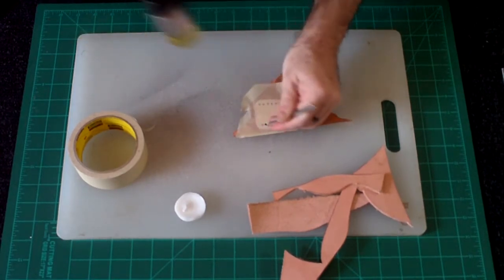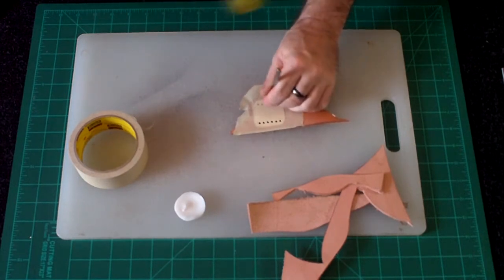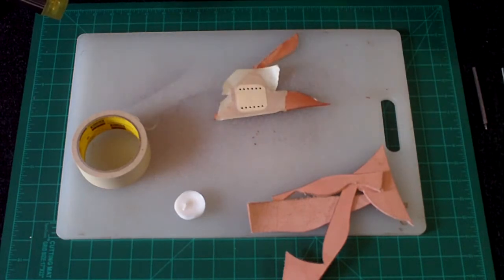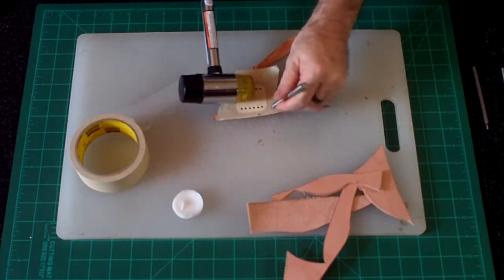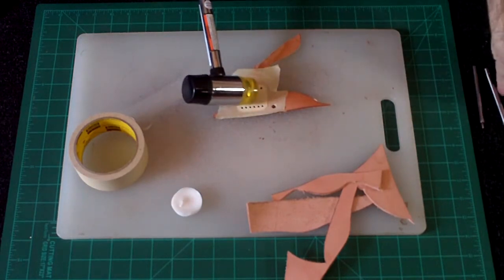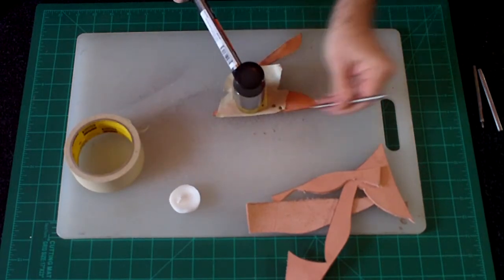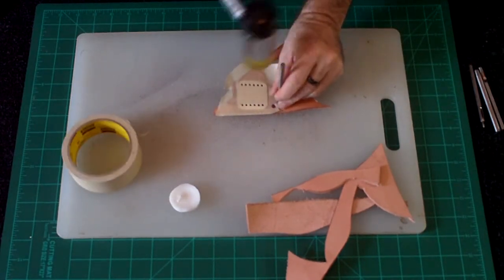You always want to make sure you got something underneath your leather. In this case, it's a big old piece of plastic used cutting board. That'll keep you from tearing up your cutting mat, dulling your tools, etc. So here I'm going to go through some of the different sizes. The bigger ones, yeah, they take a little bit more to whack in there. But all of the ones in this set worked really good,